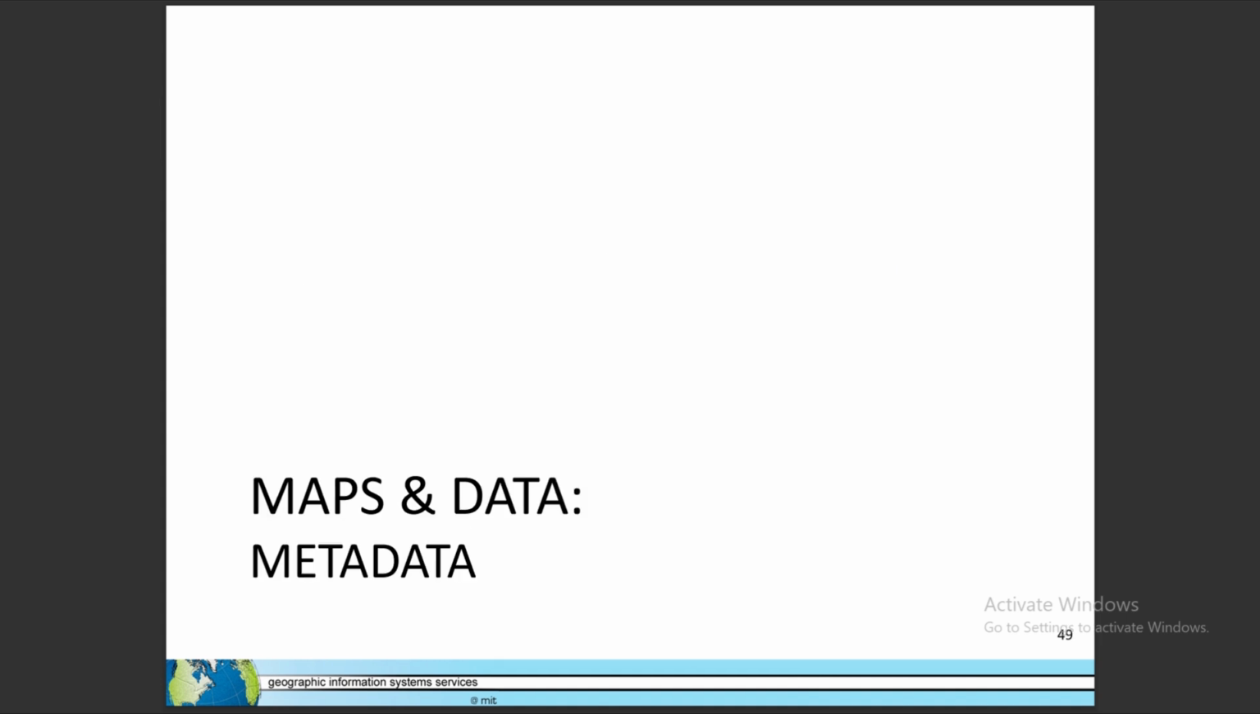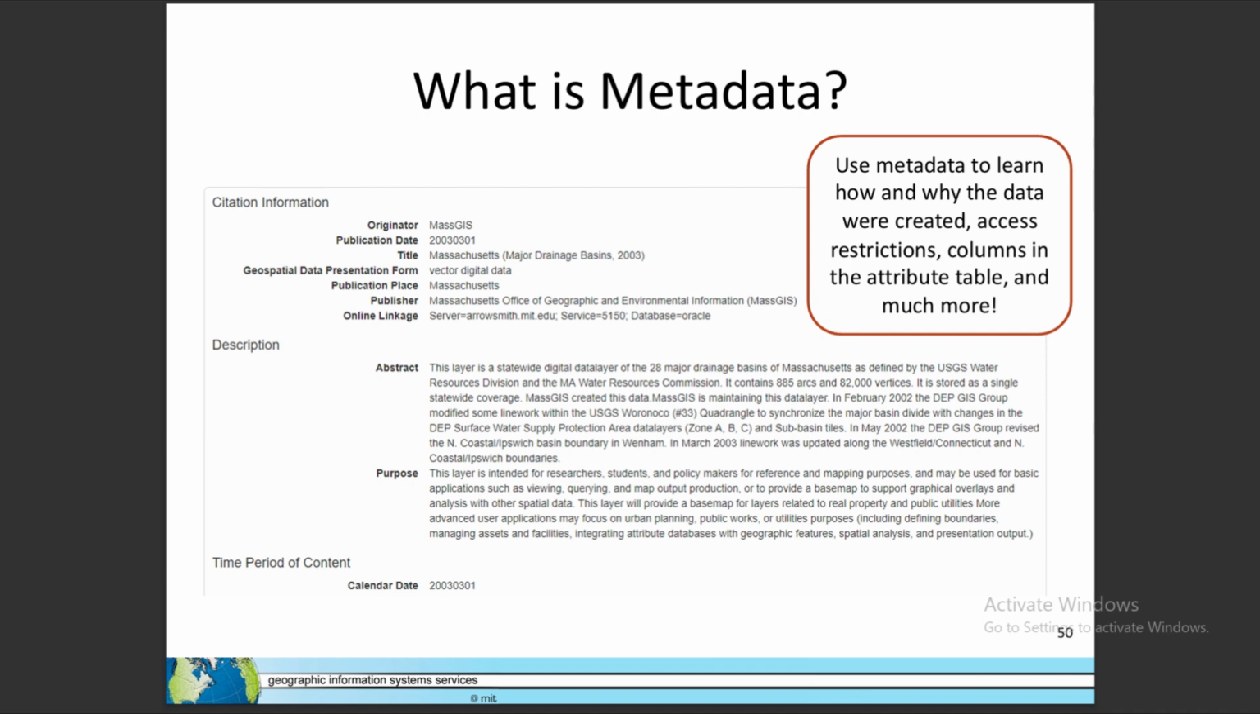Before we move to map making, let's talk about metadata, one of the most underappreciated but critically important topics in GIS. Metadata is data about data. When you download a GIS dataset, it typically comes with a metadata file or page that describes the dataset itself. This is where you'll find who created the data, the originator, when it was created, publication date,